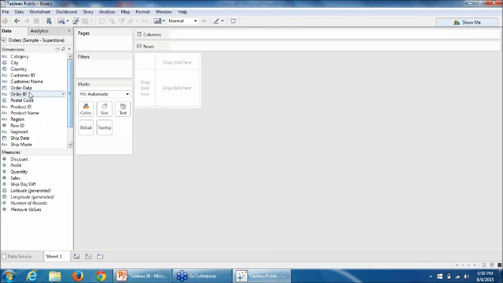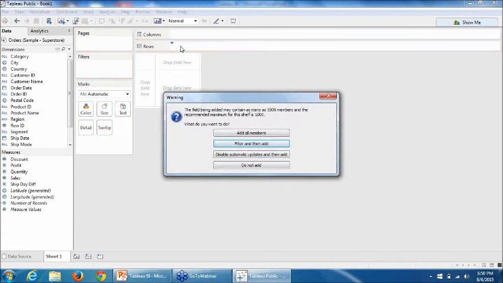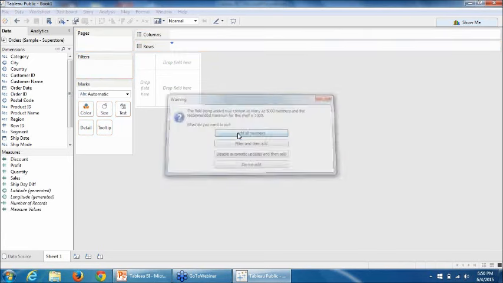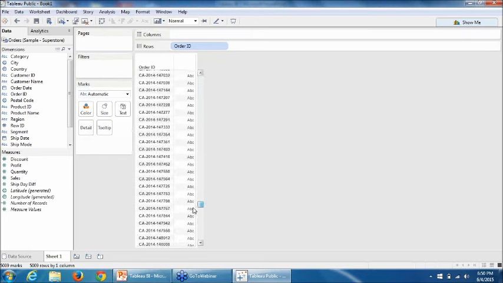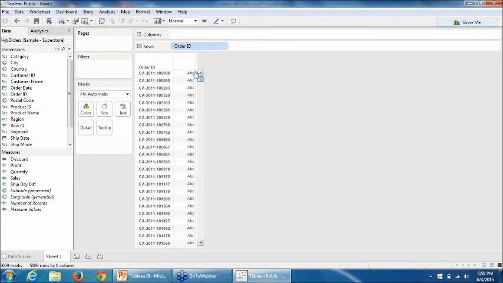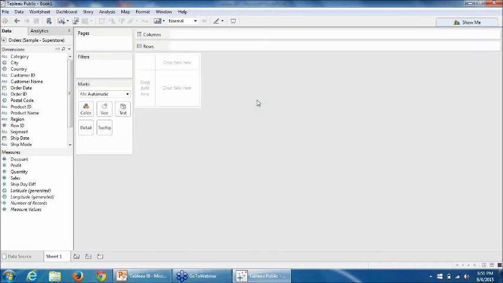So let's say let me pick up the order ID. So all of my orders are now placed here, around 10,000. I just picked it up and dropped it on row level. If I just want to remove it, I just need to pick it up again and drop it in the plain area. So it gets removed automatically.